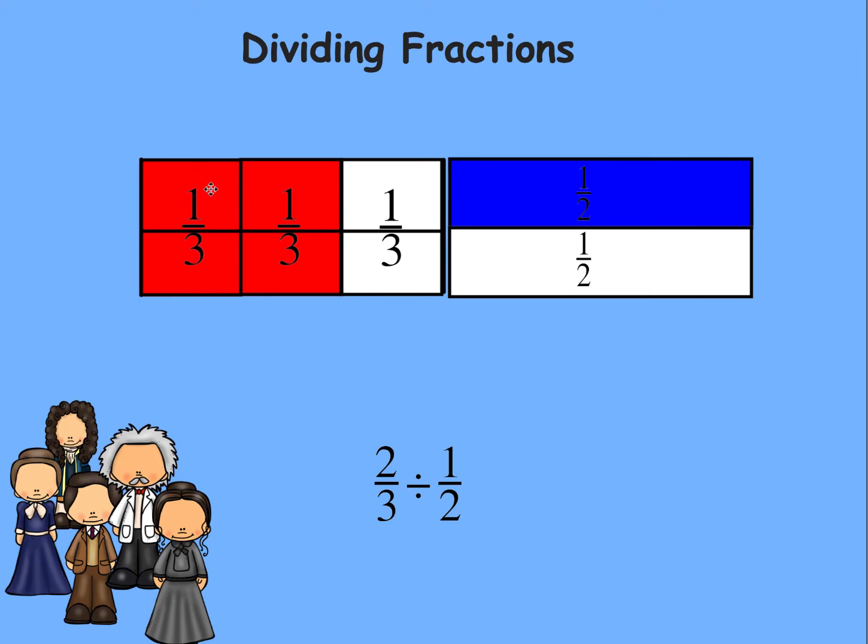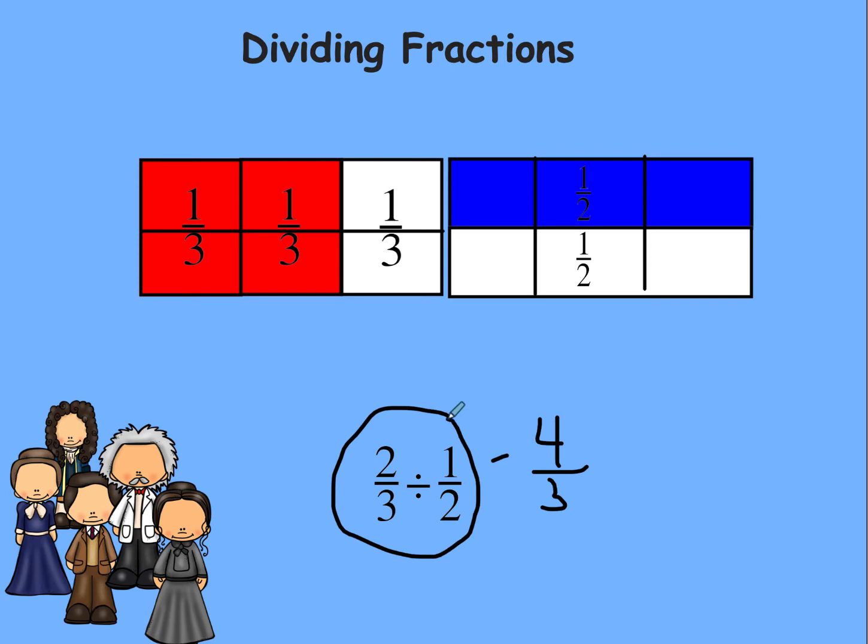So now what we actually have is 1, 2, 3, 4 out of 6. And then we're going to take the box that's divided into halves and divide it into thirds. Basically what a fraction bar is. So what do we actually have? Well, now what we have from our box on the left is 4. So that's our numerator. And from the right side, we have 3, which is our divisor. So we get 4/3. So the mystery is, how did we get 2/3 divided by 1/2 to equal 4/3 without